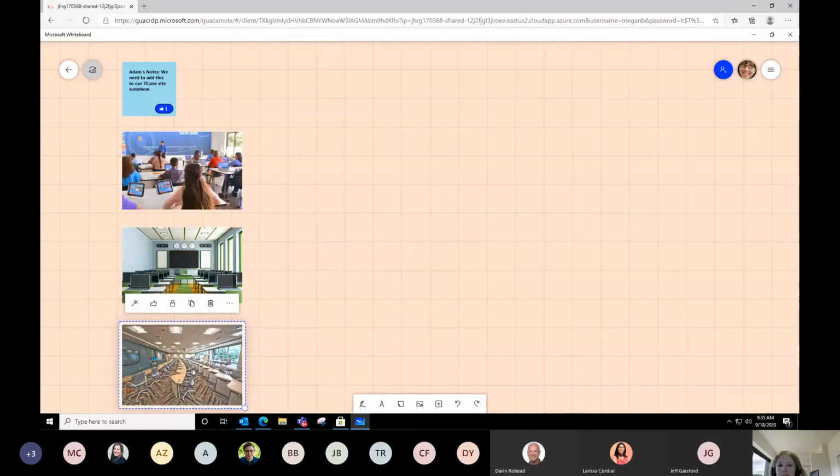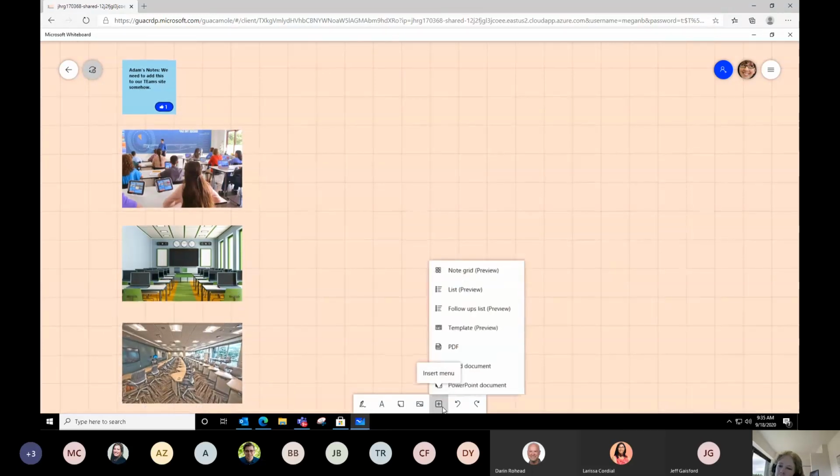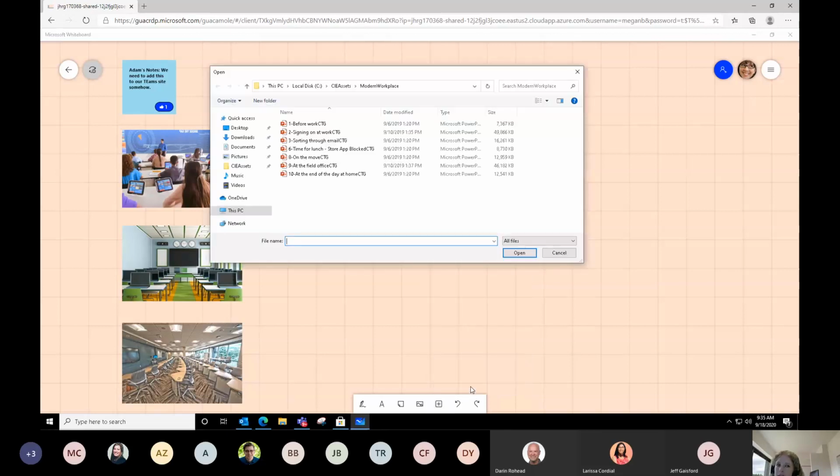So what about, for example, a screenshot of a document that maybe we're using to help plan around these ideas? For that, I'm going to come over here again to the same toolbar and look at this insert menu. This is my favorite thing in the Whiteboard app. As far as bringing outside things in, you can bring in PDFs, Word documents, and PowerPoints. I want to start with the PowerPoint because I know you're probably thinking, is this like the OneNote app where you can bring in a screenshot of your PowerPoint slides?